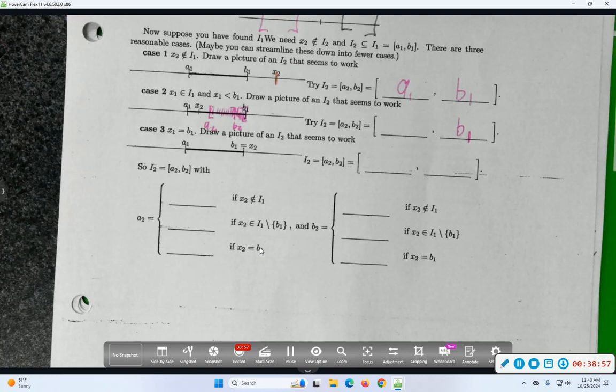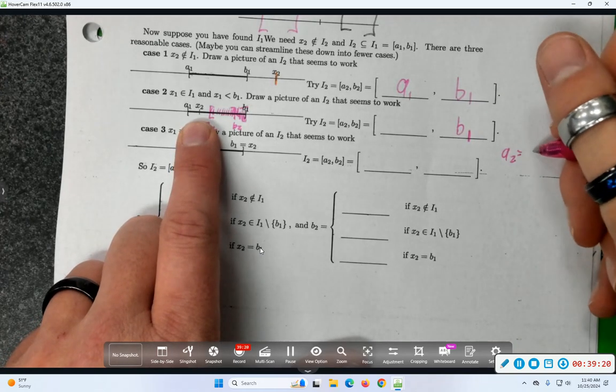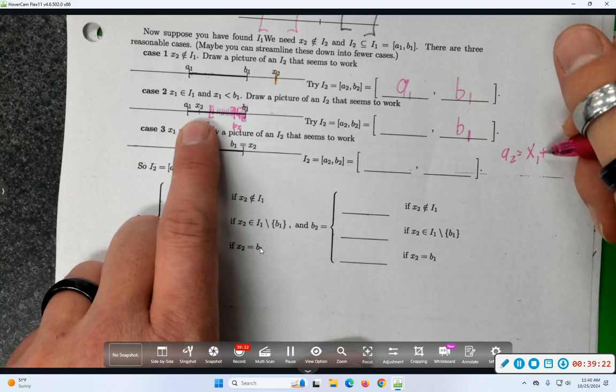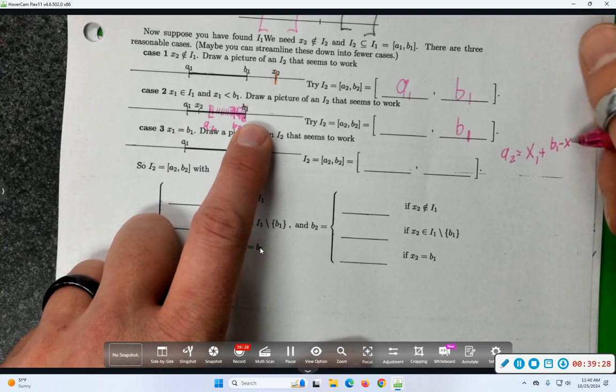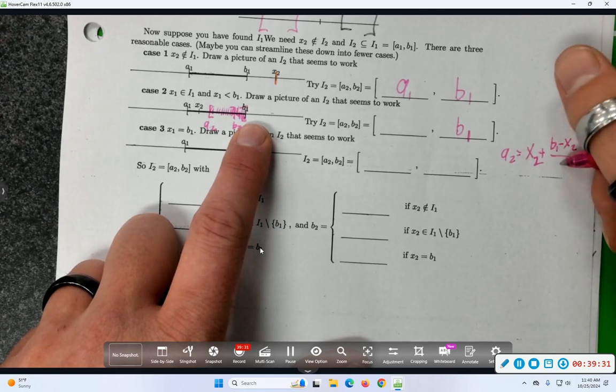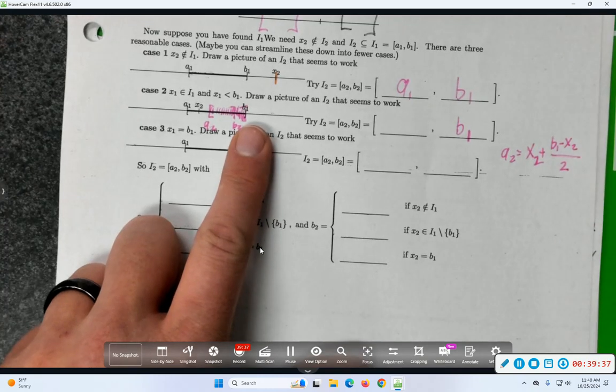What's a way of building something that's in between two numbers? Take the distance and divide by 3. Yeah. The lowest one? That'll do. Let's simplify that then. So let's just go off to the side. So you said start at the left one. So A2 will take it to be x2 plus the distance from x2 to B1. So that's B1 minus x2. Oh, that should be a 2. Divide by 2. Like that? Yeah, so now let's simplify that.